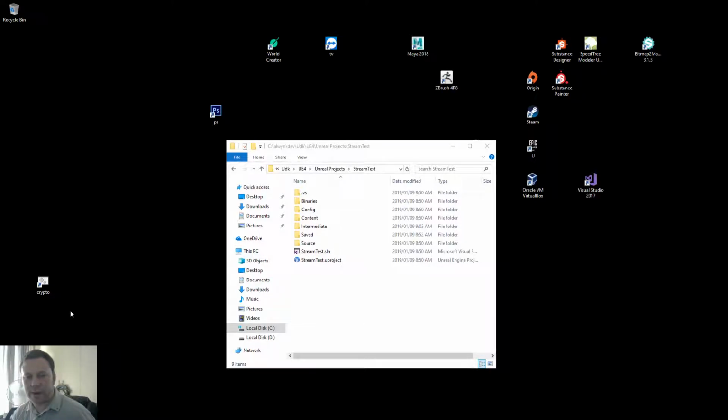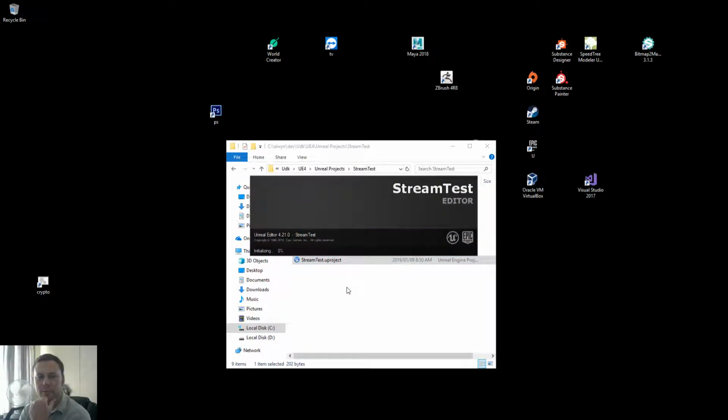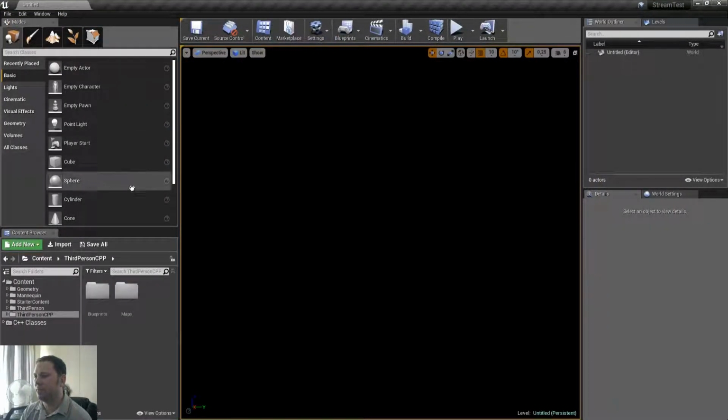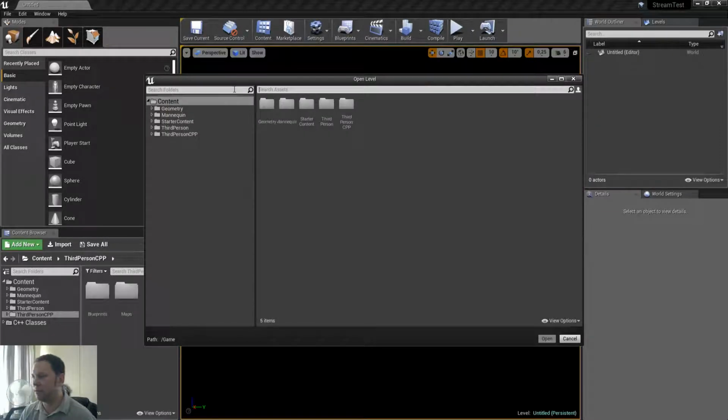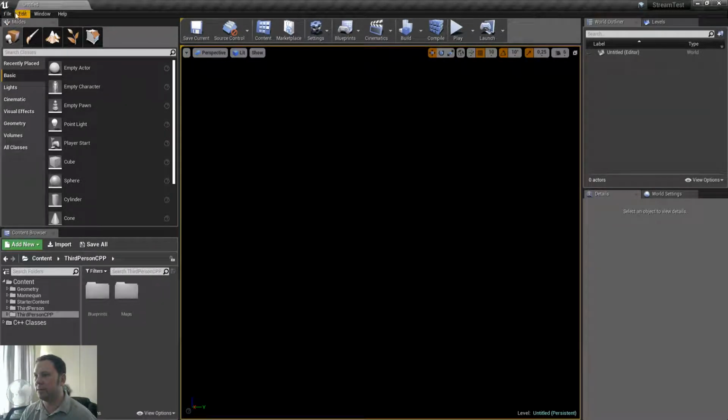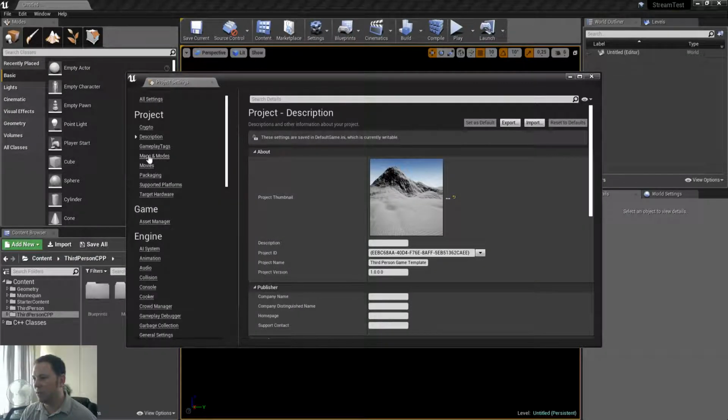Okay, let's carry on. Now for the landscape materials. That's always the tricky part. Hopefully it's gonna work. So obviously there's nothing in here. It's nice. The reason for that is you just need to go to your project settings, maps and modes, and